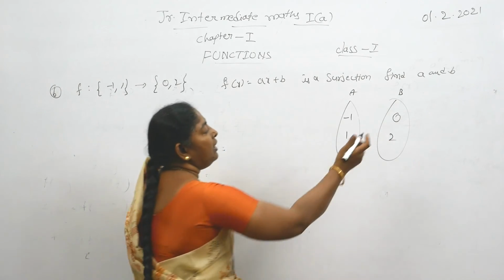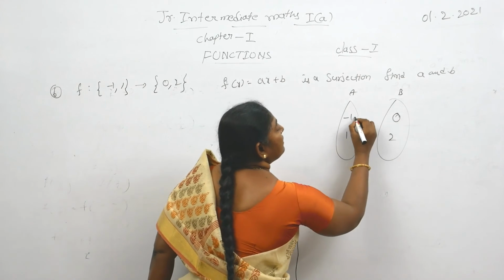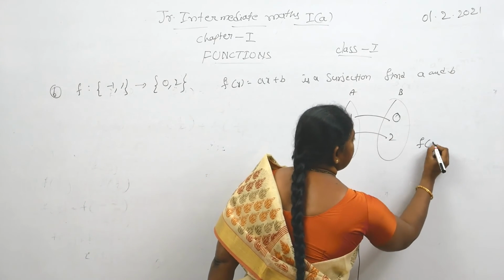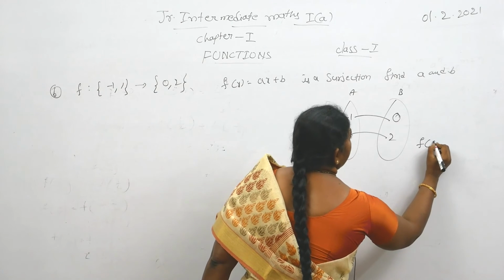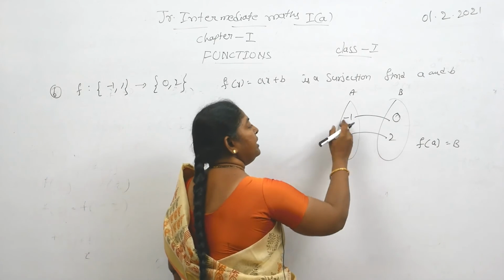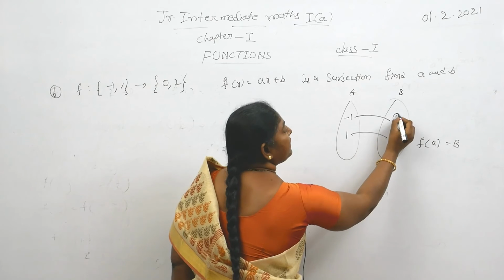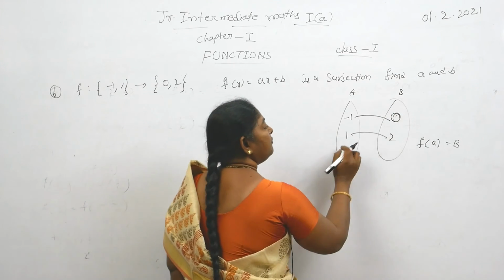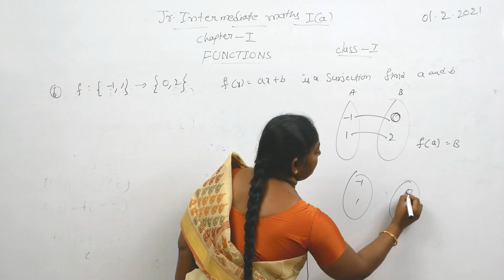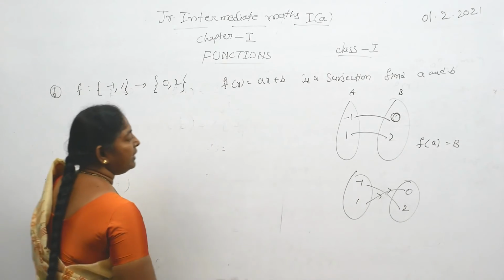Surjection means that every element of B should have a mapping with an element of A. So here surjection means range equals codomain, so f(A) = B. So all elements must have a pre-image. So here -1 is mapping to 0, 1 is mapping to 2, and one more condition we can write, -1, 1 to 0, 2, like this also the mapping will be. So this is one condition.